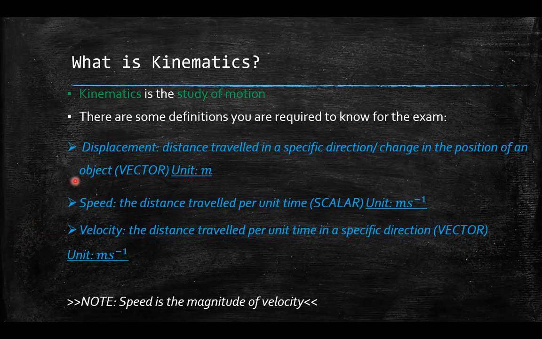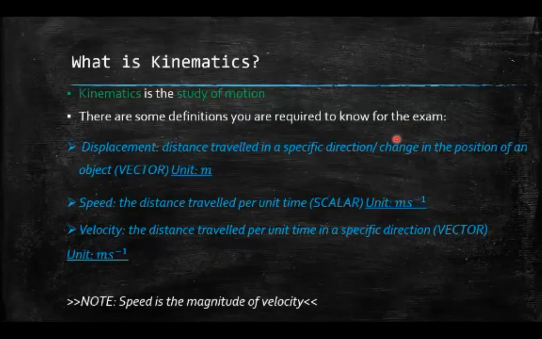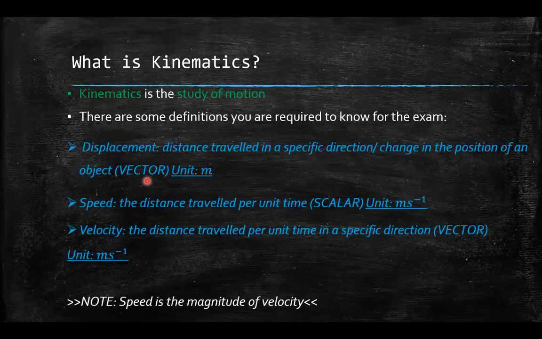Right. Displacement. We actually met this when we were doing vectors, right? Displacement is the distance traveled in a specific direction, or you might see it's a change in position of an object, and it's a vector. Why is it a vector? Because when we were doing vectors, we said that the definition of a vector is a quantity